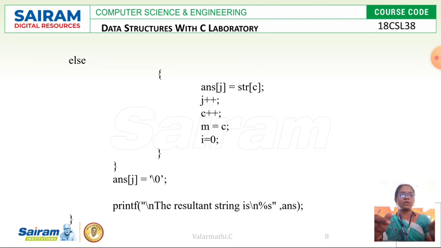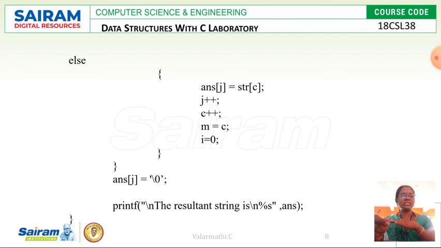At that time, answer of j is equal to the character of the main string at c. So j travels from the first character to the last character. If the pattern is not found, the answer string is the same as the main string. That is what is written in the else part.